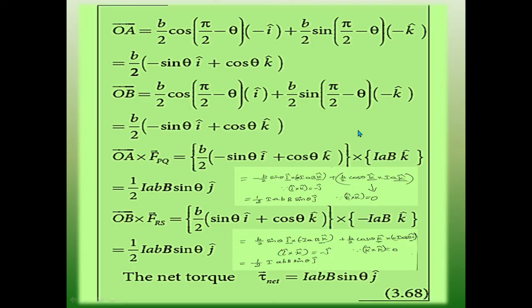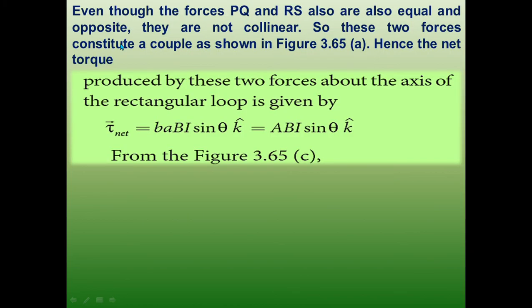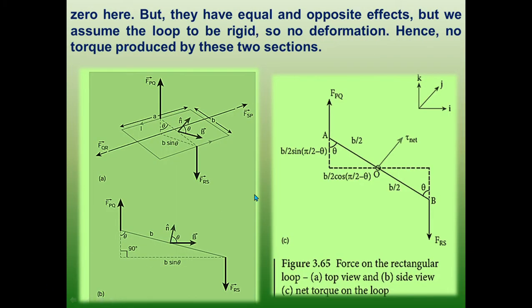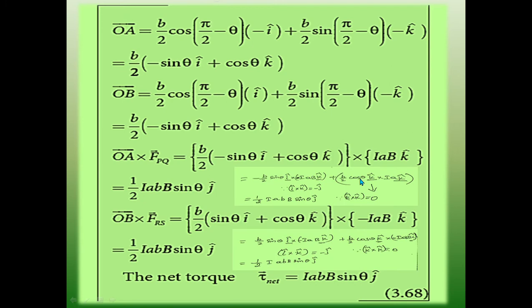The next step is to calculate the force along the OA direction. This is the OA direction. This is the breadth, half of the breadth, b by 2. Then this is the OB direction. First of all, we have to calculate the force acting along the OA direction. So OA direction is nothing but the length, that is the breadth, half of the breadth.